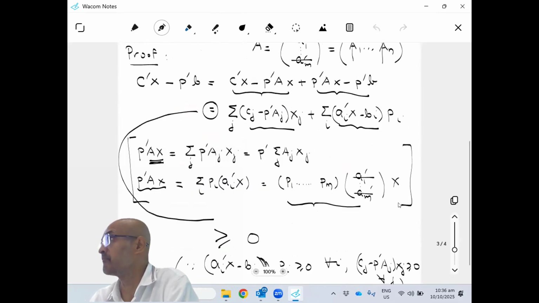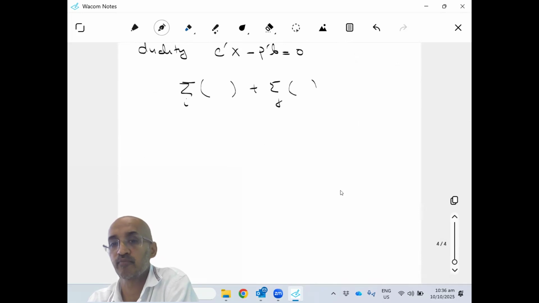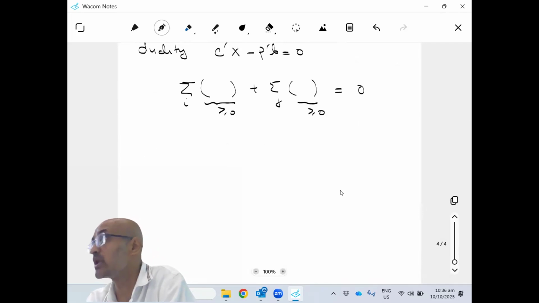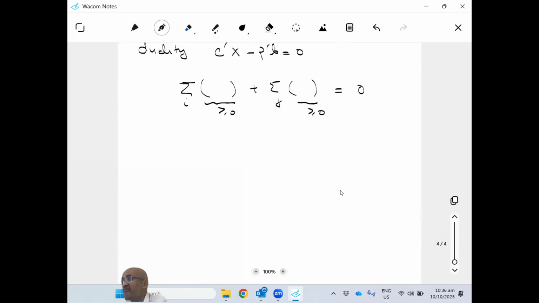if these two terms are the same, so this thing becomes equal to 0, and each term here is greater than or equal to 0. So if I give you a sum of terms and a sum of terms which equal 0, where each term here is non-negative and each term here is non-negative, the only way this can occur is if each of these terms itself is 0. You cannot have any positive value here. If you're adding up non-negative numbers and making them equal to 0, every number has to be 0. So therefore,